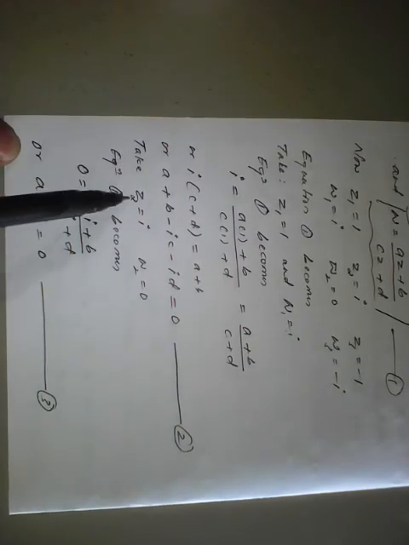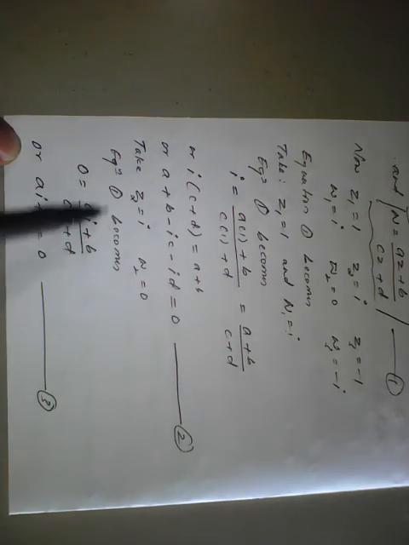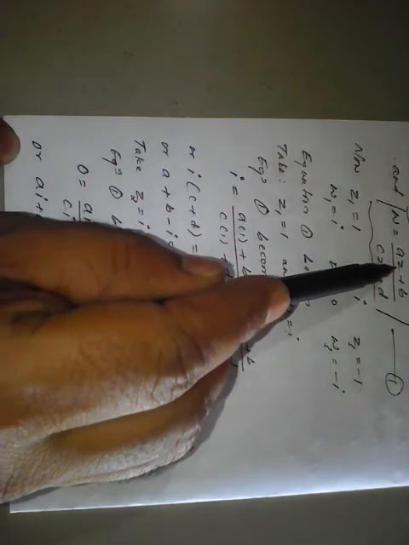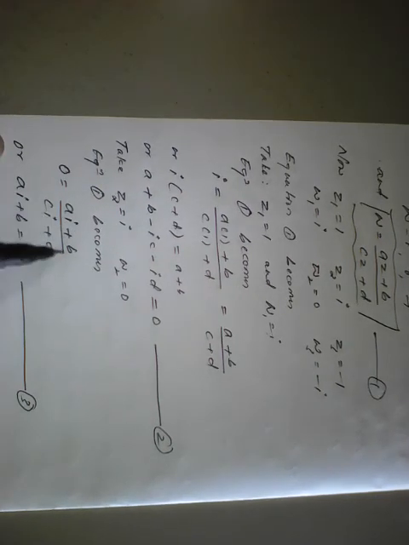Next, similarly apply z2 as i, and w2 is nothing but 0. Apply this in equation number 1. So w is equal to 0, and z is i, so we have ai plus b, similarly ci plus d. You simplify: cross multiply ci plus d to the left hand side, it becomes 0 into this, which is 0. So what is left is only ai plus b equal to 0, and we got this. I will call it equation number 3.